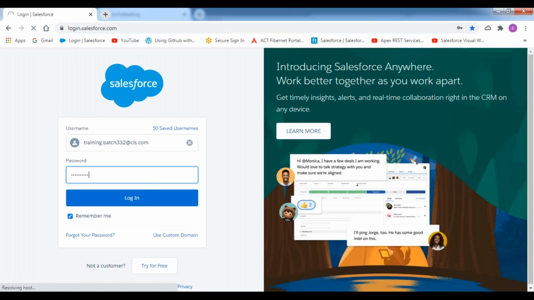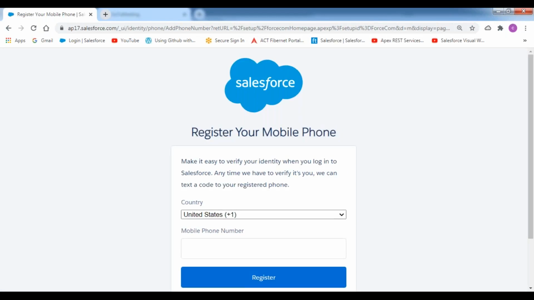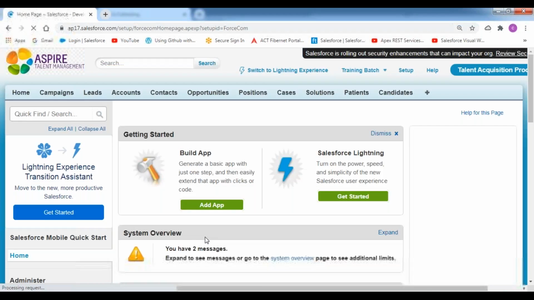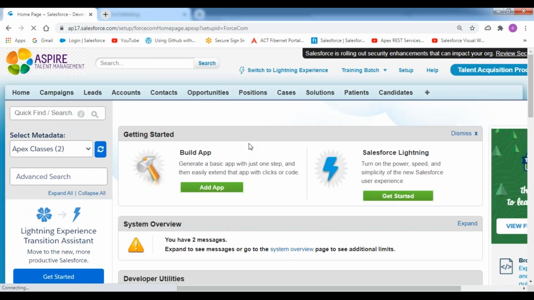I'm logging in with my administrator's credentials. By using these administrator's credentials, I can verify overall which users are accessing my Salesforce application, and when they have logged in, everything we can track this information as well.